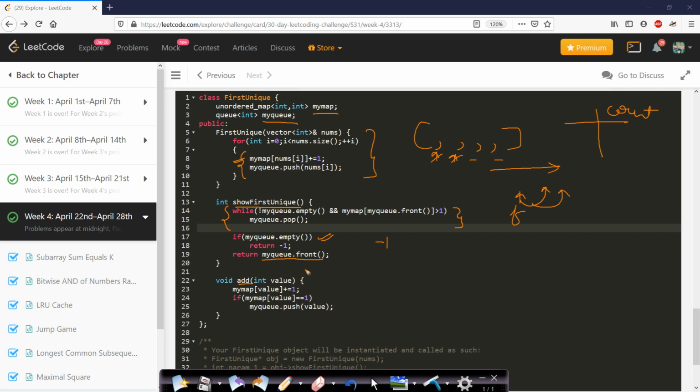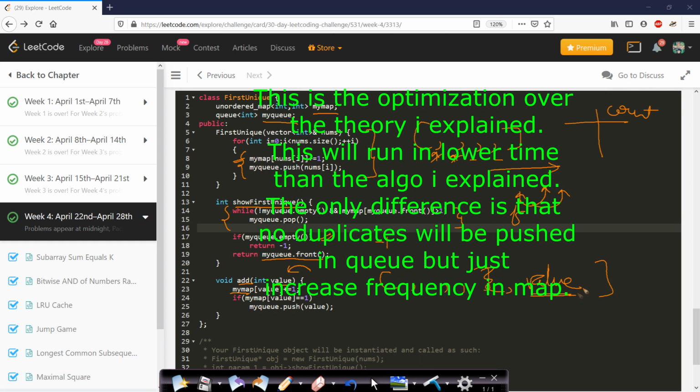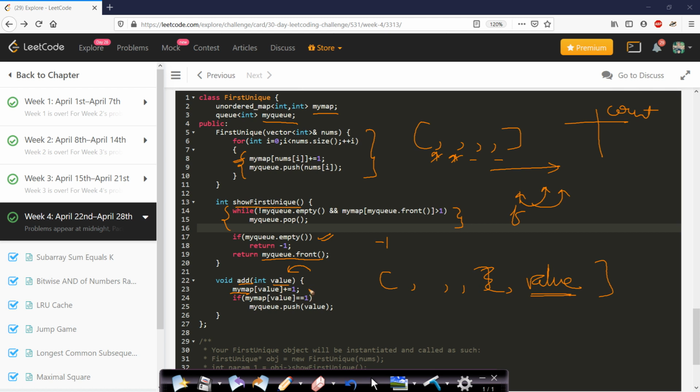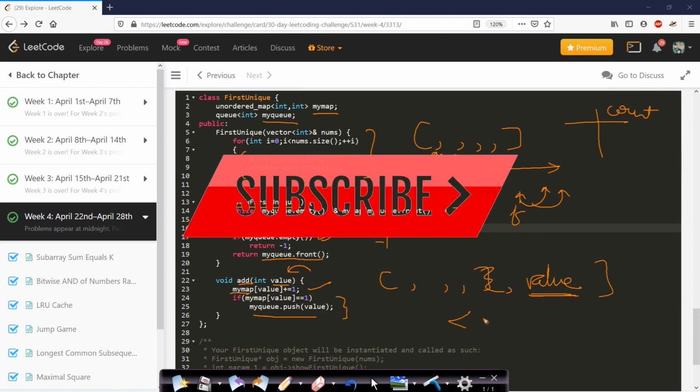Now the second API is add, where you are passed a value. Now you were already having an array and now you got a value, so your array will get extended to the right hand side by adding this new value. So this array is extended now. Now how can you extend this array? You will have to also update the frequency in map, because this is an element. It may be a new element or it may be a repeated element, so you will have to maintain its count as well. So I will increase the frequency in my map, and after increasing frequency, if frequency comes out to be 1, that means if this is a unique element, then only I will insert it in queue, so that the actual time complexity is always less than O(n).